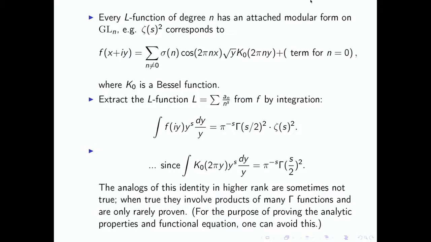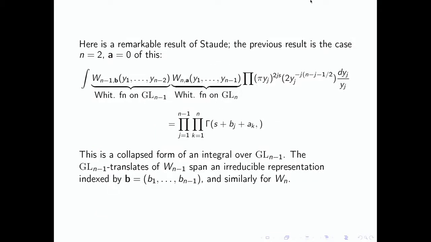Okay, so it's not really going to be a focus of this talk, but I'll just show you. Here's one of the few general identities we have. This is an identity of which the previous K-Bessel identity is the case n equals 2. It involves the product of two Whittaker functions. So these are really functions on